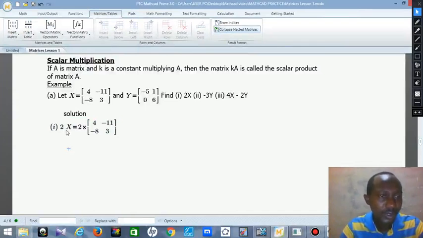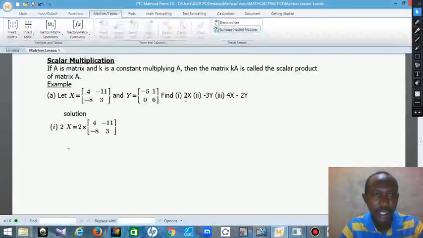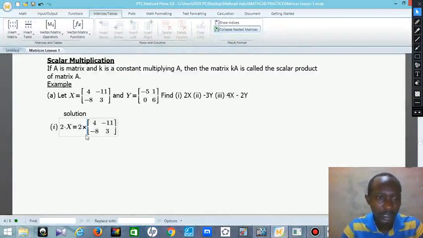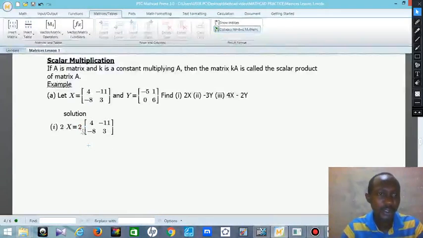So that is it. So 2x. The first question we are calculating is 2 times matrix x. It depends. You may even ignore this multiplication symbol. You can decide to write it like this. You will still get the same result. So 2x is equal to 2